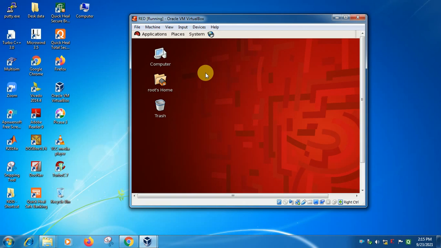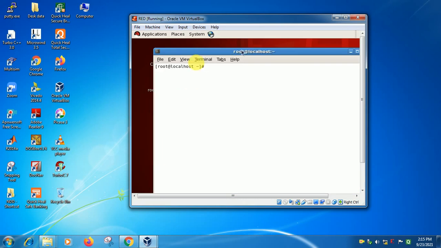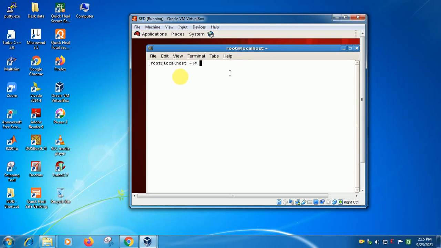Inside Linux, I just right click and open the terminal. Here we can see the hash sign, which indicates the super user. This is our local host terminal, and on it we learn what the VI editor is.